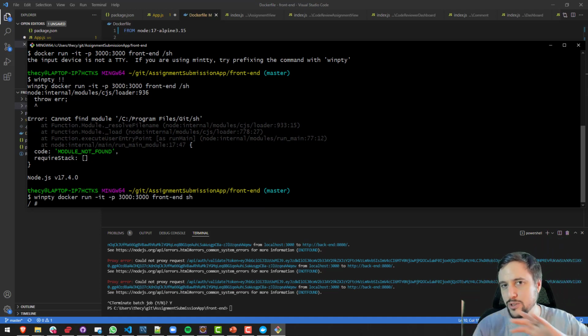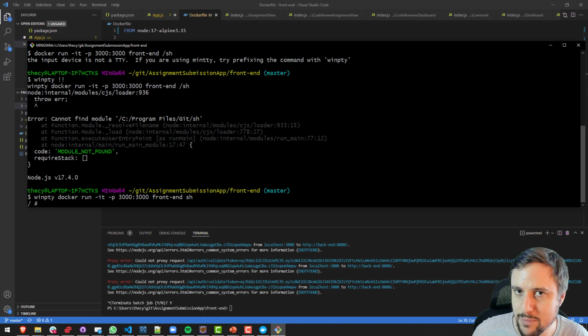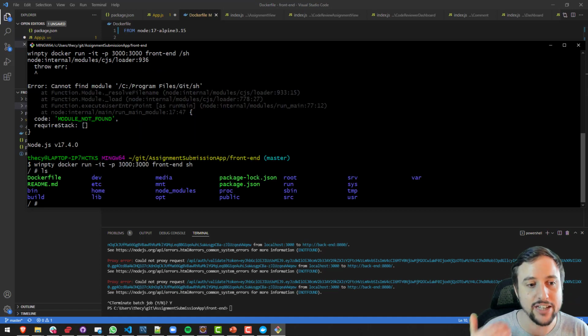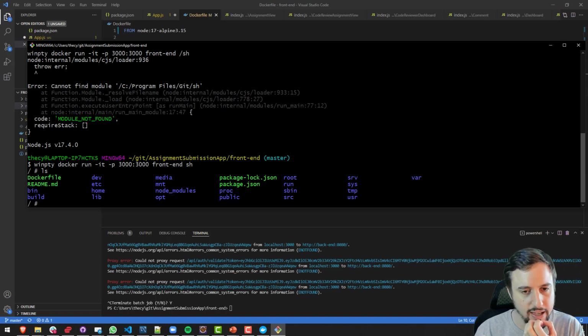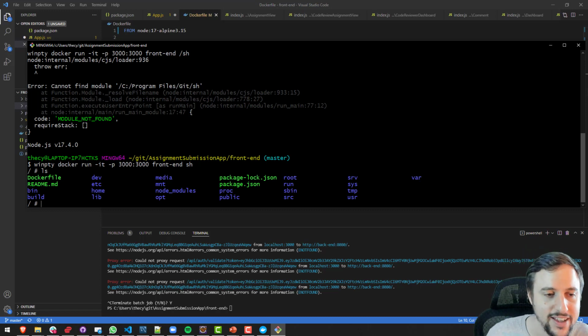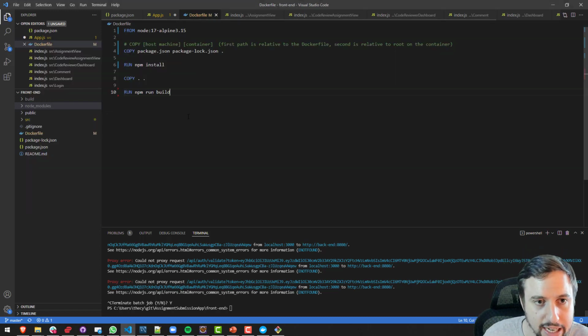Every other creator will just delete all the stuff that I've been struggling with. It's nice to see the struggle, right? So this is the proper command. So now, as you can see, I can ls, and I can actually see what's going on inside of this container instance right now. So that is a brief 36-minute overview of Docker, getting set up with a Docker file,